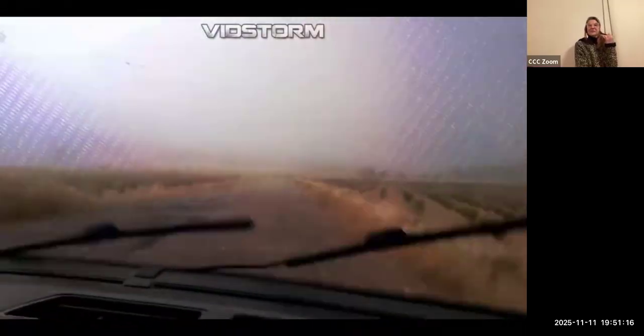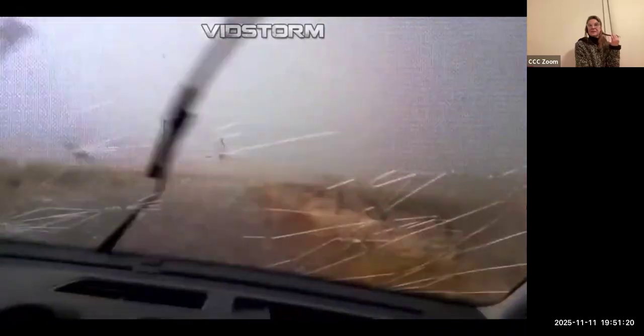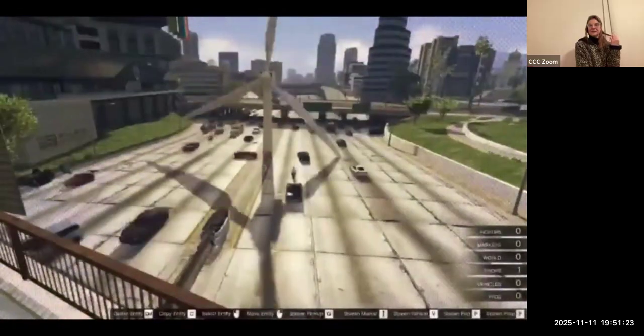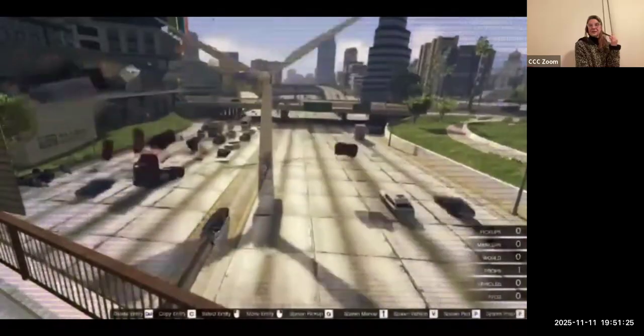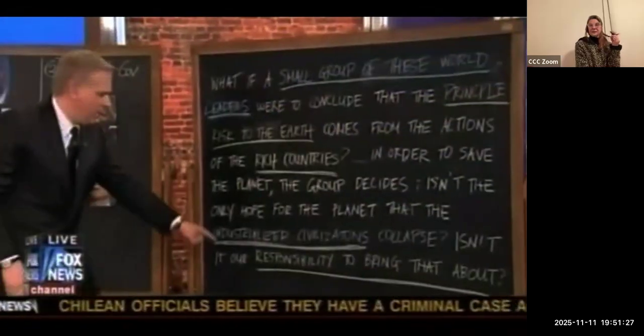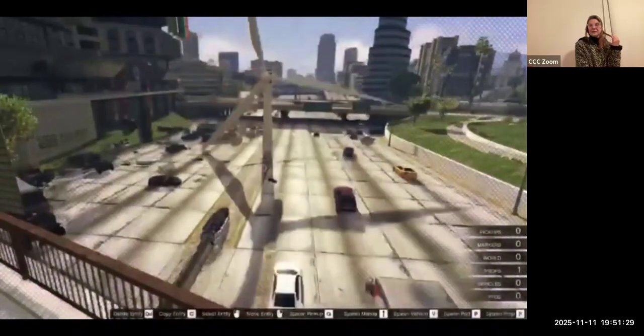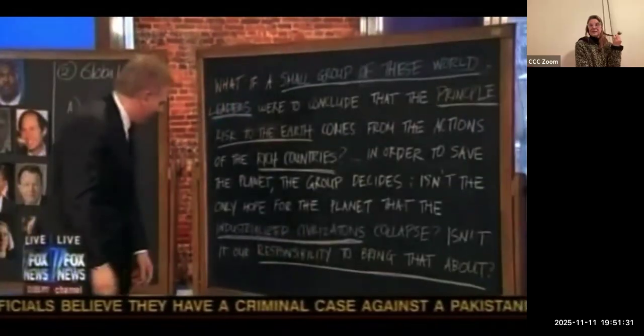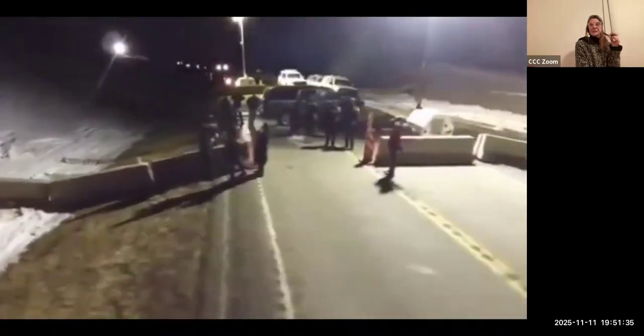Isn't the only hope for the planet that the industrialized civilizations collapse? Isn't it our responsibility to bring that about?